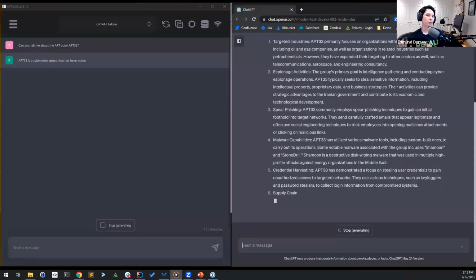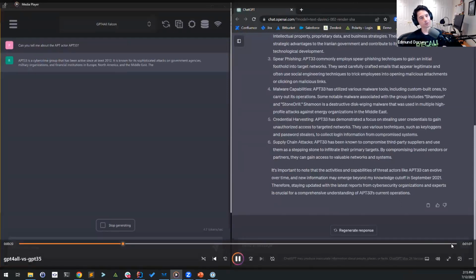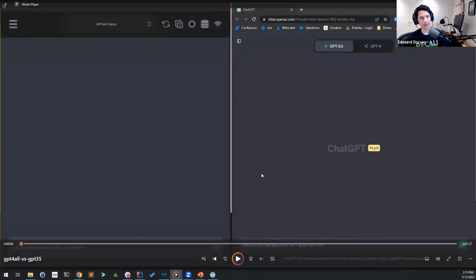So you can see how much quicker GPT 3.5 is able to do its work. And you can see on the left-hand side, that's my faithful laptop there chugging away. I'm going to skip to the end while we wait for that answer to finish. And the other thing is that these local LLMs are much smaller. The model in this case, this Falcon model, is about 4 gigabytes if you were to download it. So it's much, much smaller.